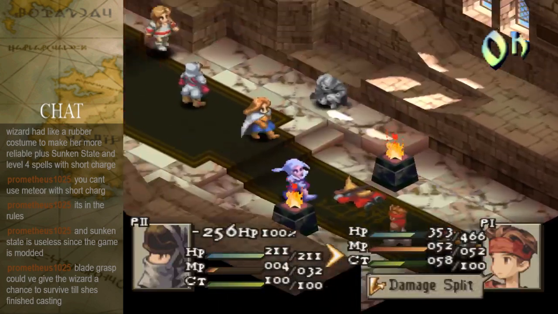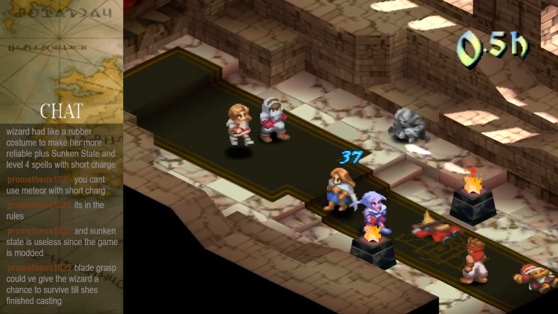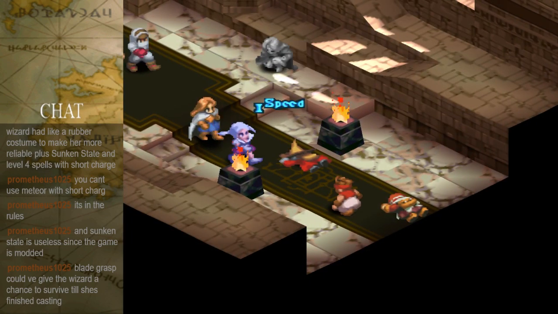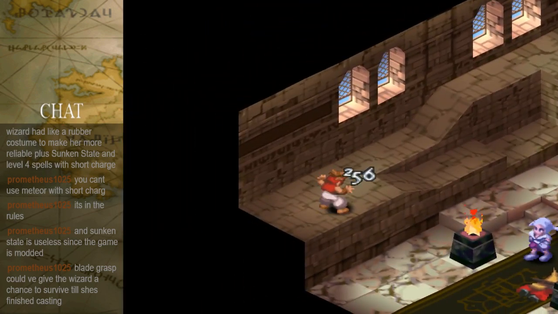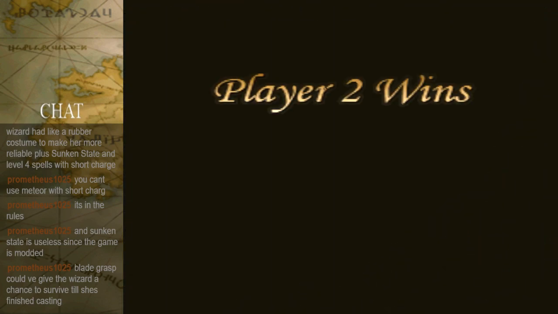Blade Grasp, yeah. Because, you know, if she dodges everything, then she can possibly have it resolve. Yeah, but for that specific unit, it's just not doing anything. Okay. Even if Sunken State wasn't modded, I don't think it would matter. Because, again, the charging status would override basically transparent and cancel it out, or get rid of the transparent status. So